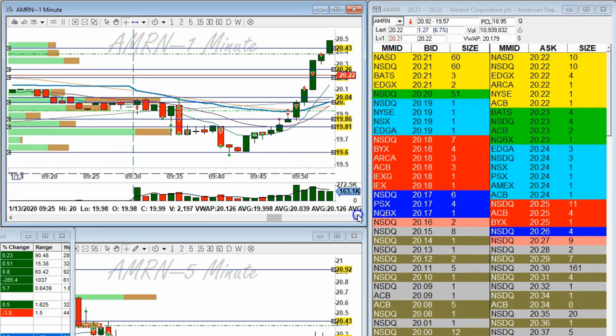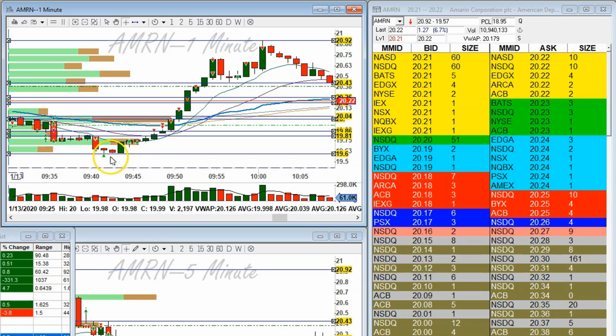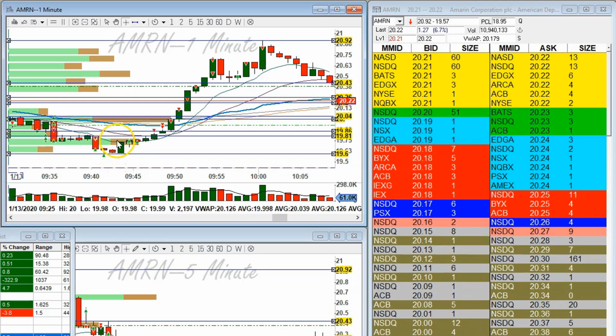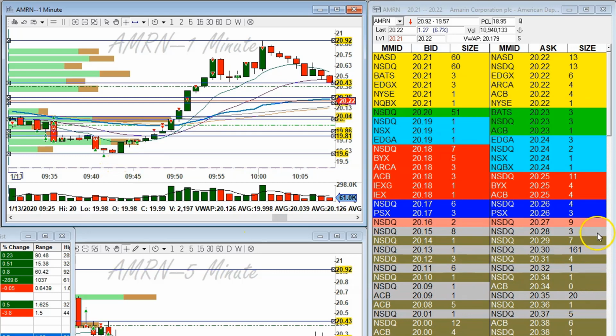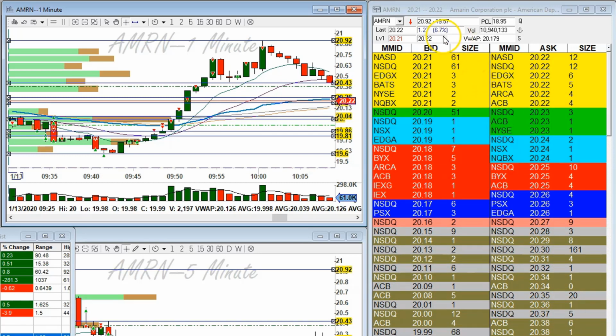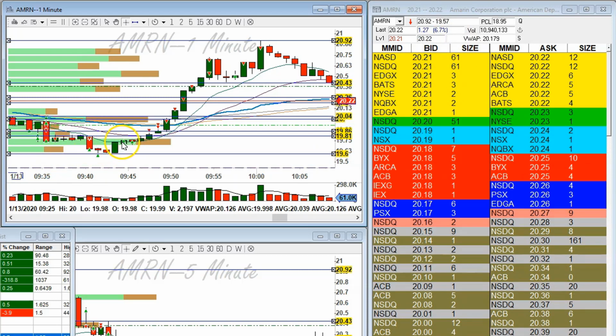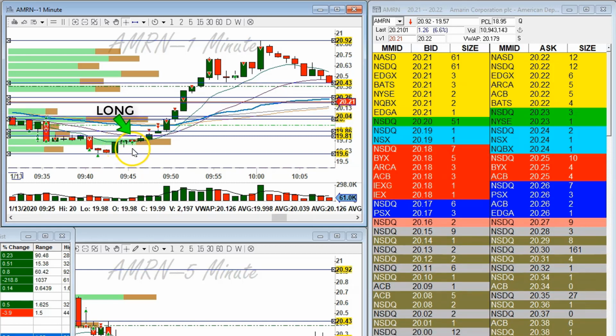So this is where AMRN really started to look interesting. AMRN bounced off of this 1960, came straight up to here, and then if you looked at the level 2, it looked a lot like it looks right now. There are these larger orders all stacked up to the top side, and then I saw bids starting to come in really close to the price, and I was like, oh man, I really think this is going to squeeze. So I went ahead and took off my entire position at 1975,